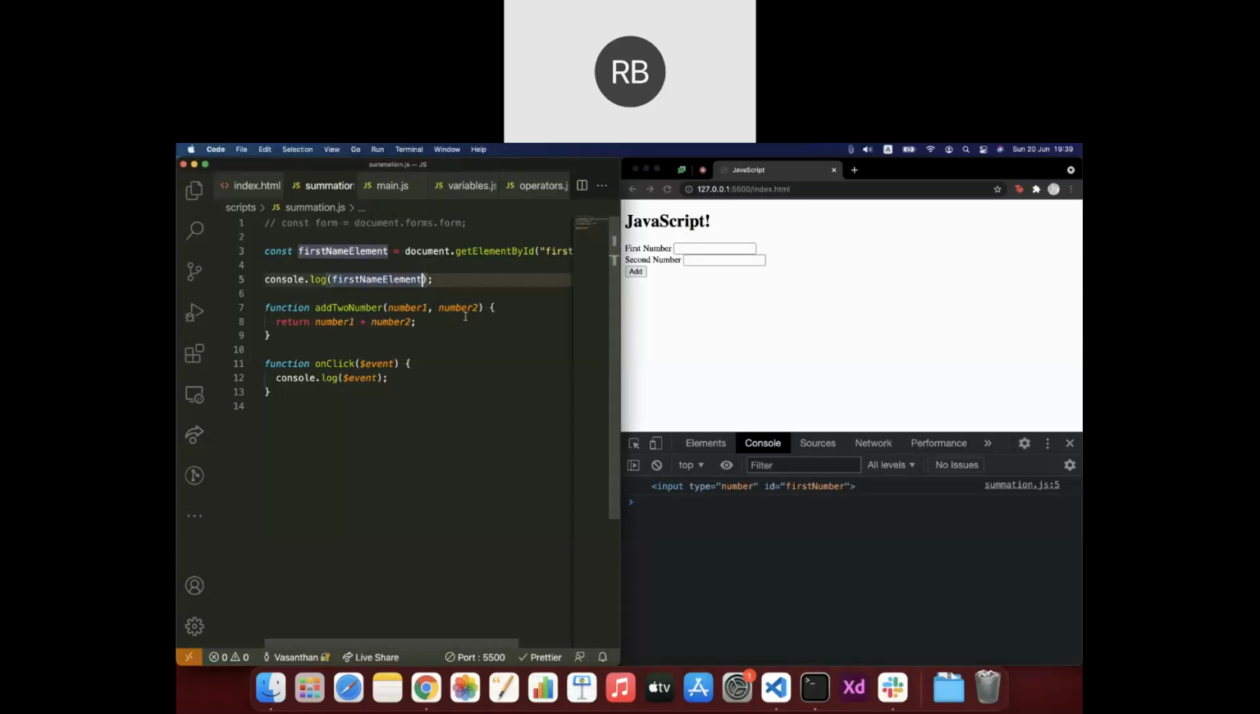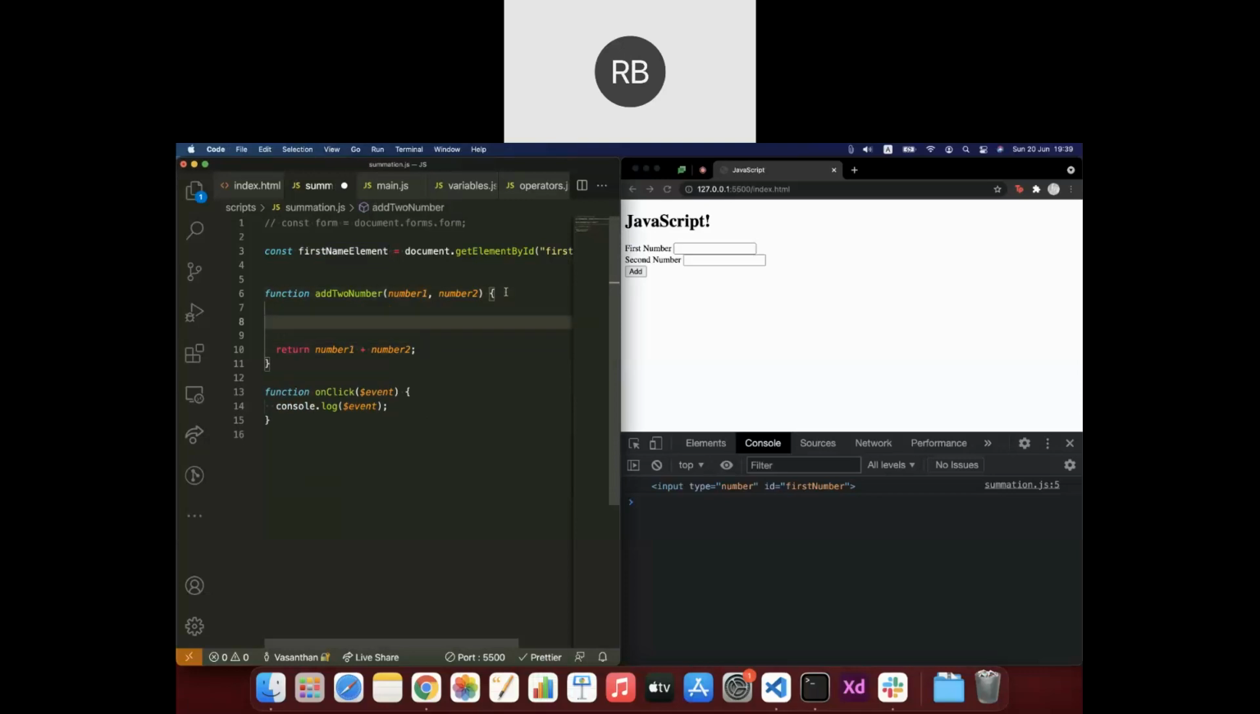Now inside this, let's untick, and what I'm going to do now is add a console log inside this onclick function, and since I have this element already, I'm going to type dot